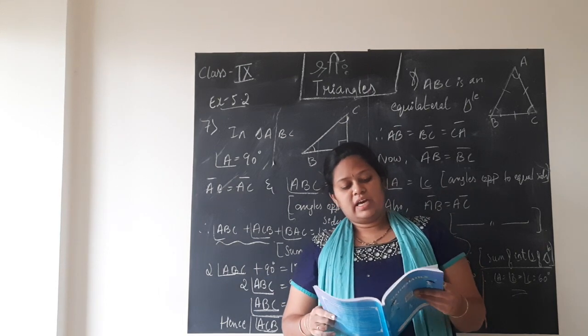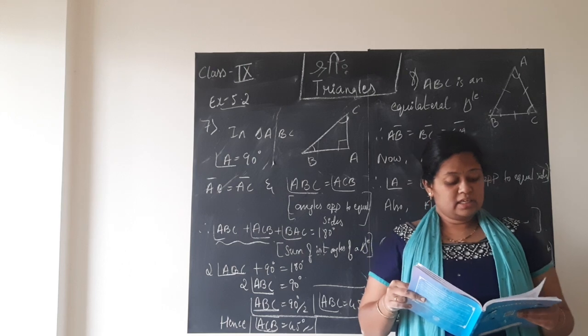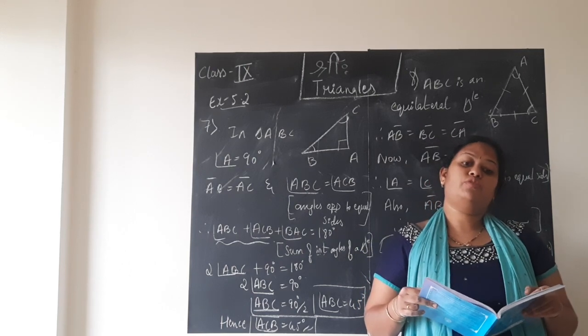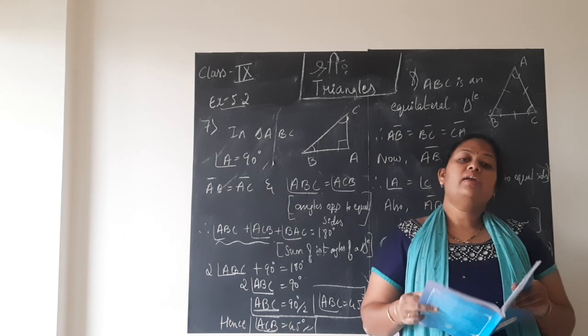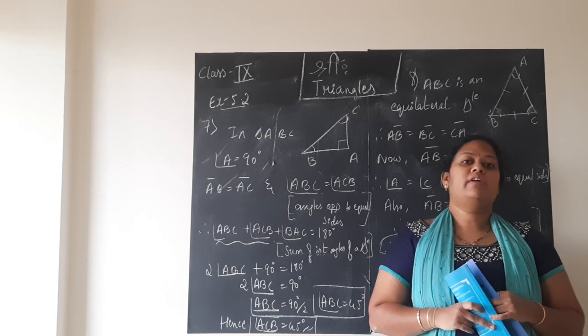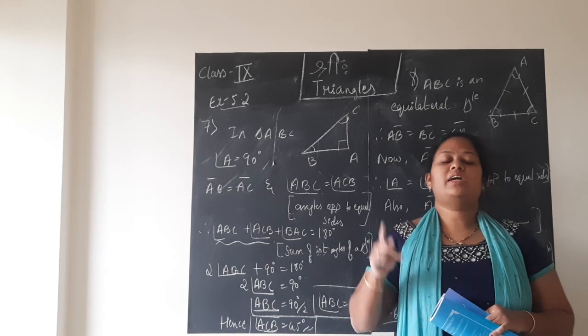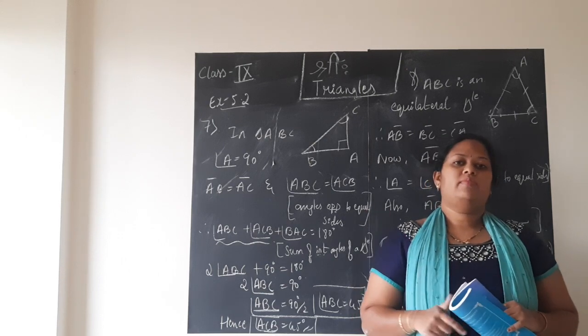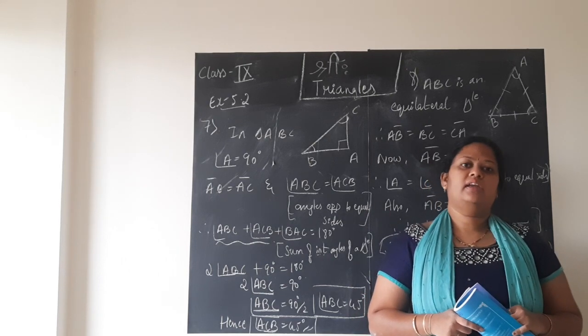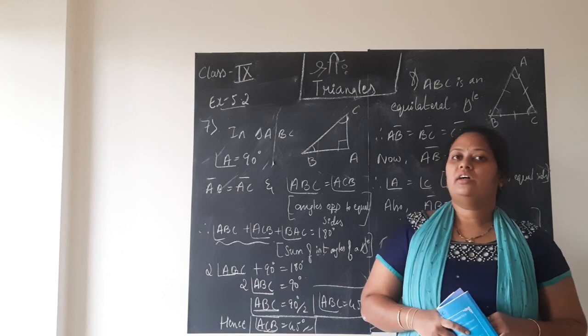And next we have the last exercise, exercise 5.3, and we have 5 problems to be solved, children. The inequalities of triangles topic has been removed according to the new syllabus. So we are left with 2 more theorem statements and the last exercise of 5 problems to be solved, which completes the lesson. So in the next session we shall be learning about that.